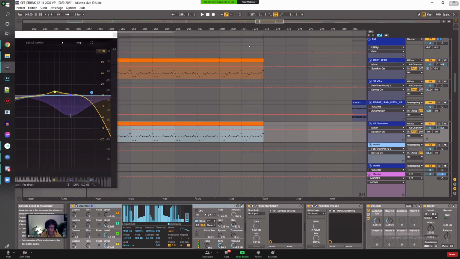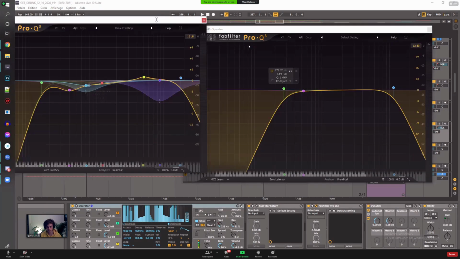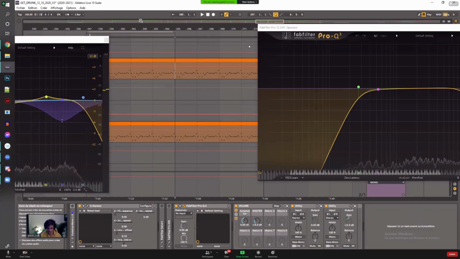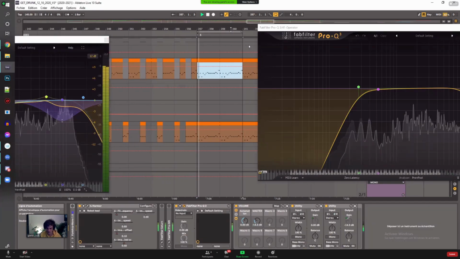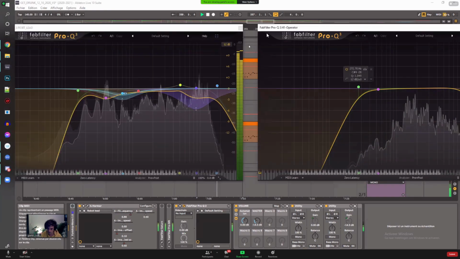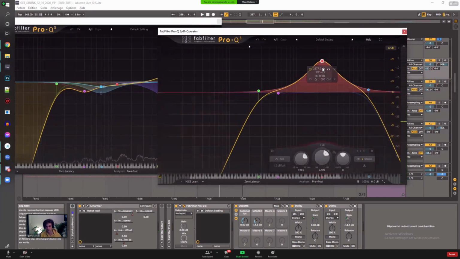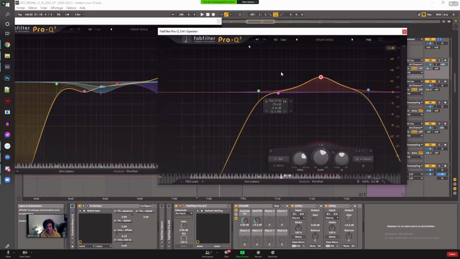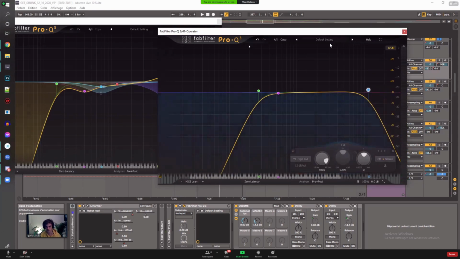And if you do so, basically those are both EQs, and I make sure that when they play together, you can hear I don't have some frequency resonating with both of them. So if it's good in mono, you can then split them wherever you want in the stereo field, and you will be sure that they won't clash, because if it works in mono, it necessarily works in stereo if you just pan them.